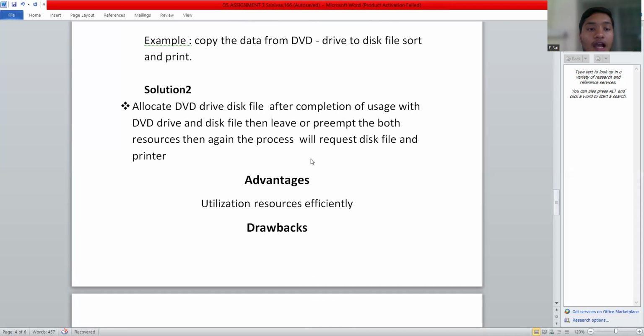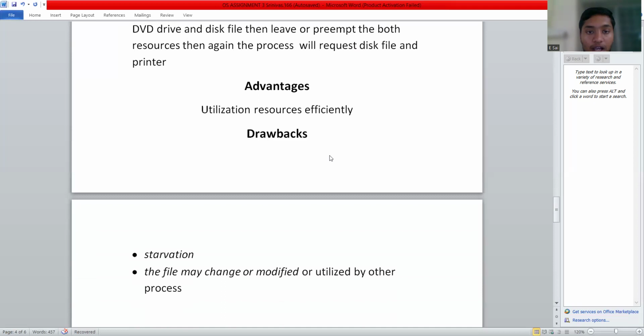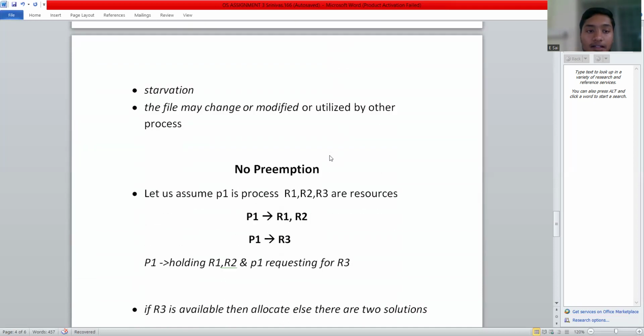And the solution is to allocate the DVD drive and disk file, and after completing the usage of the DVD drive and disk file, release both resources. Then the process will again request the disk file and the printer. Advantages: efficient utilization of resources. The drawbacks: starvation, and the file may be changed, modified or utilized by other